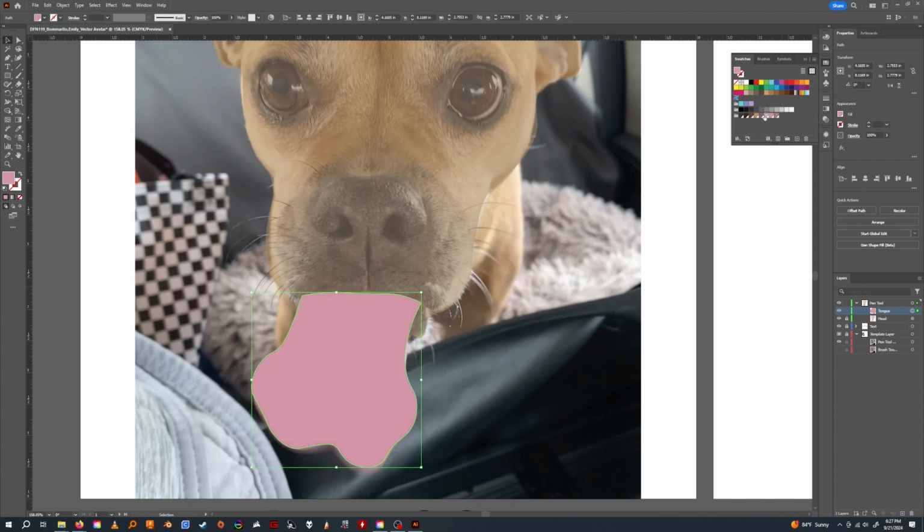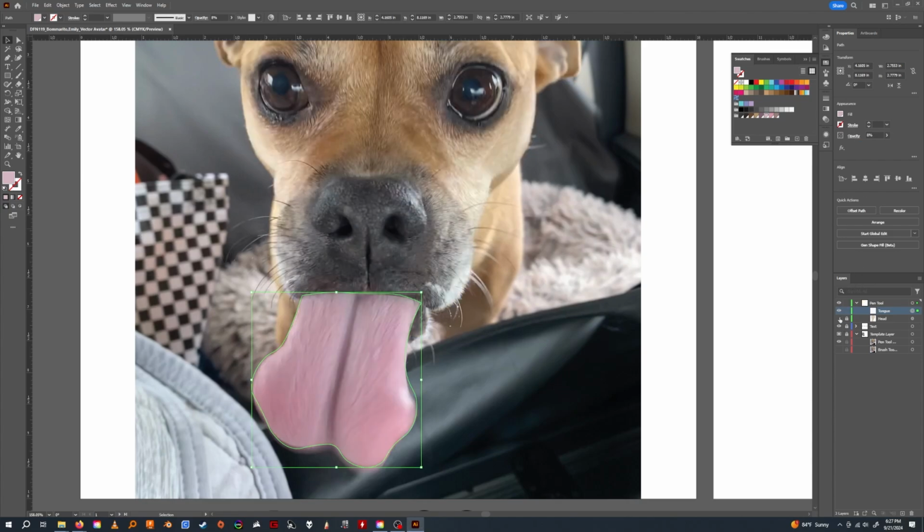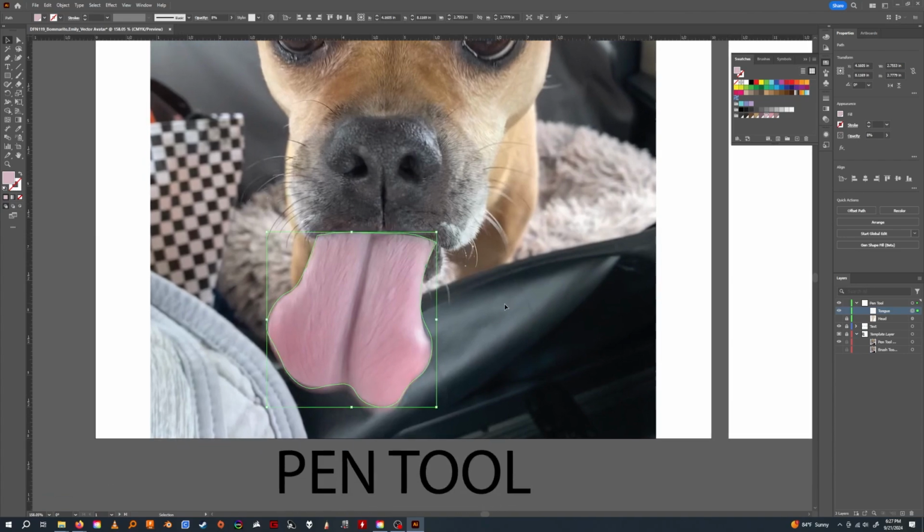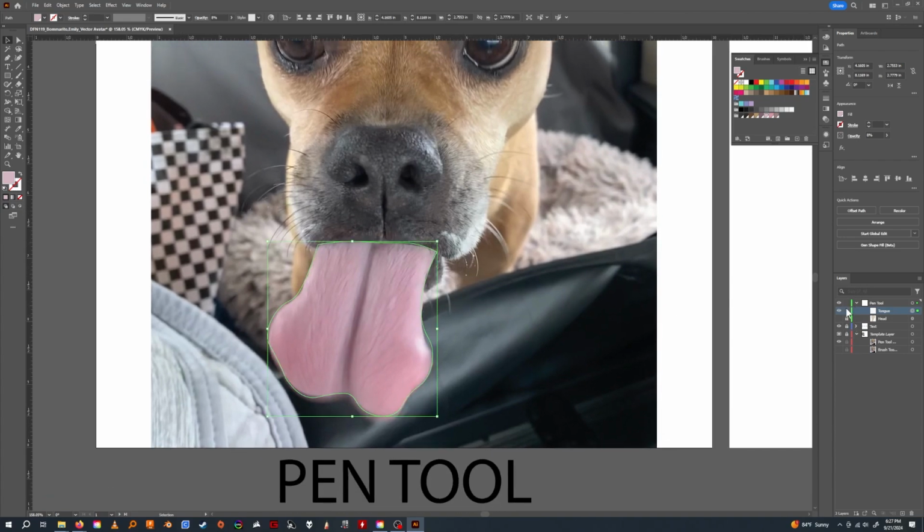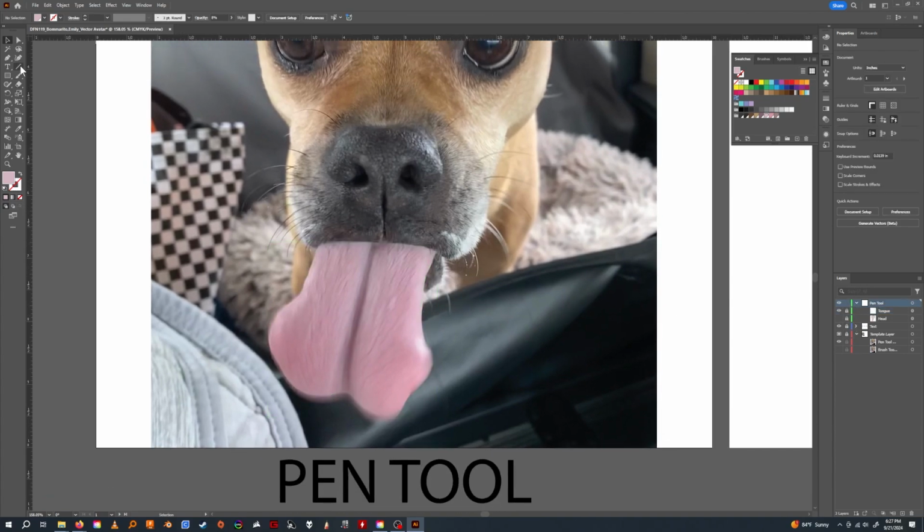So the greater part of the tongue is this light pink. And I'm gonna lower that opacity so I can still see through. Maybe I'm just gonna get rid of the head background altogether, so I can continue to see. Lock the tongue, and then let's create